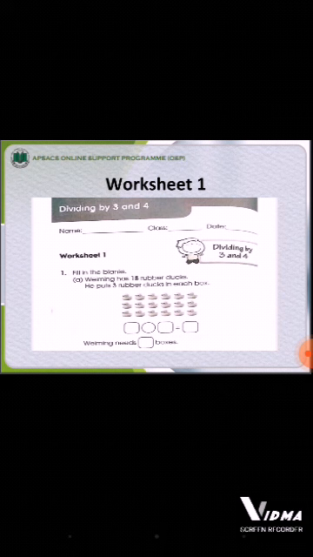This is worksheet number 1, dividing by 3 and 4. Write your name, class and date at the top of the page. Question number A is, Wiming has 18 rubber ducks. He put 3 rubber ducks in each box. So total number of objects is 18. Write 18 in the first box. You have to divide the numbers, so put the sign of division at the middle. Then you have to divide the ducks in 3 groups. In the box, each group has 3 ducks. So divide 18 with 3 and write the answer.